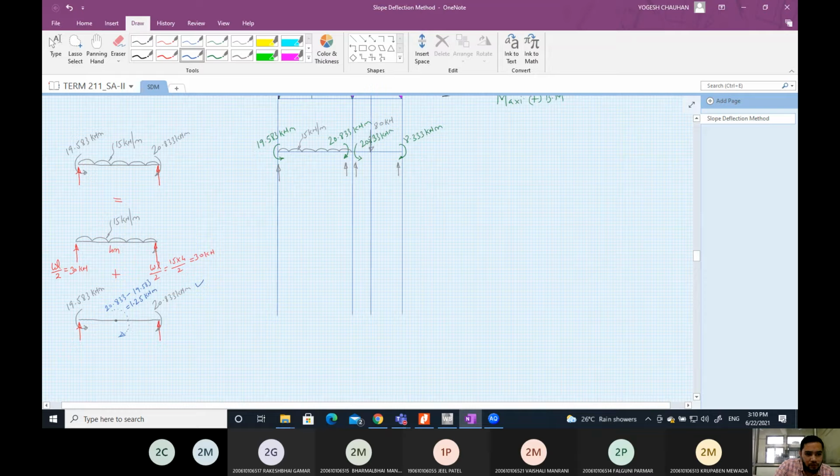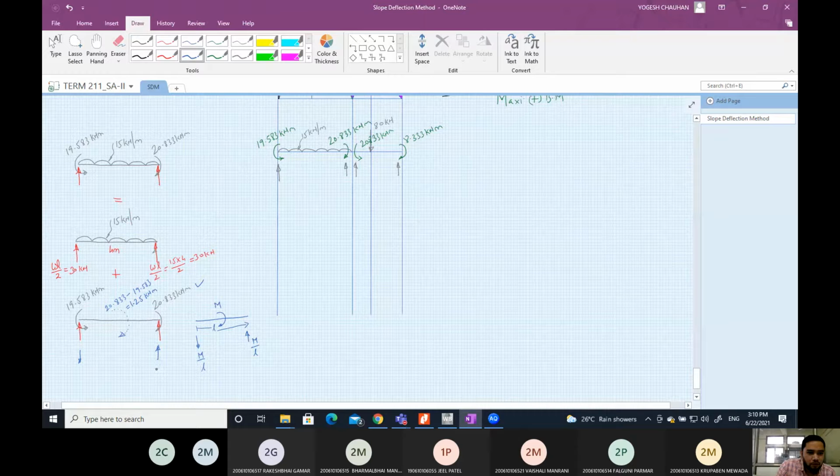So now your beam is subjected to this resultant moment of 1.25 kilonewton meter in clockwise direction. So this is trying to rotate the beam in clockwise direction. So these reactions will be in opposite direction. So this will be in upward direction, this will be in downward direction. If this is your beam and it is subjected to moment M, and if L is the span, then your reactions will be M by L upward and M by L downward. So same thing we are doing here.